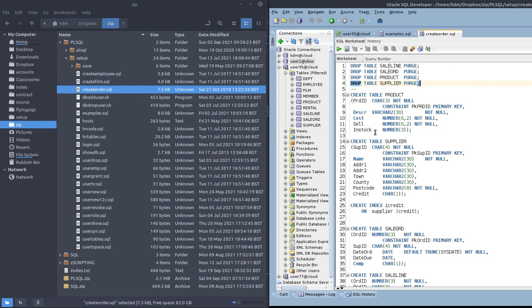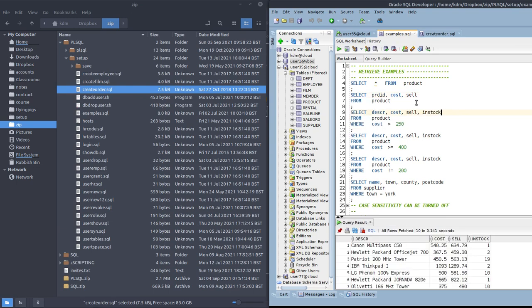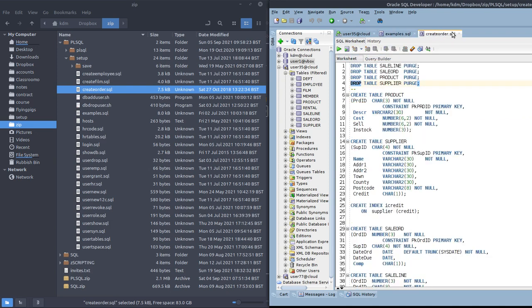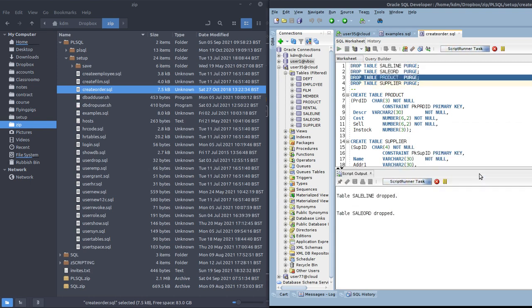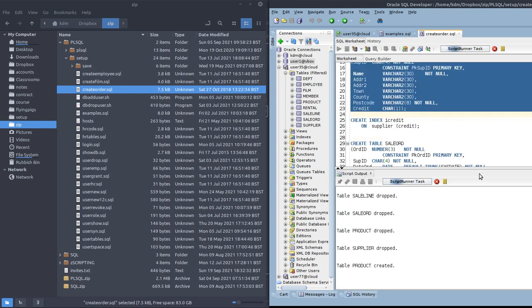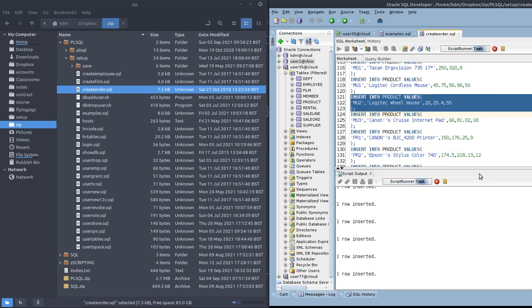And if you want to run the whole thing, see here, I'm just running one query. Click in the query, run a query. You can run a single query with that button. But I want to run the whole file here. To run the whole file, click that button, which is generally what you do when you're running PLSQL. And that refreshes the tables. So if the tables have been changed and you want to set them back as they were at the start, you can run that file.